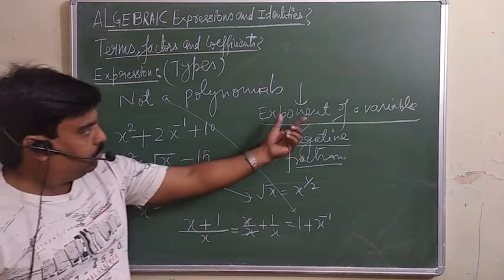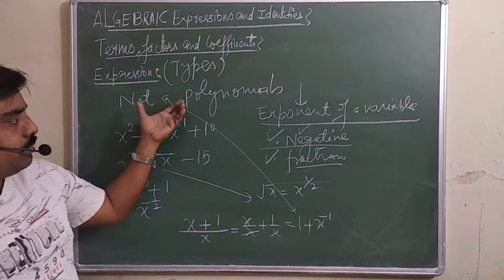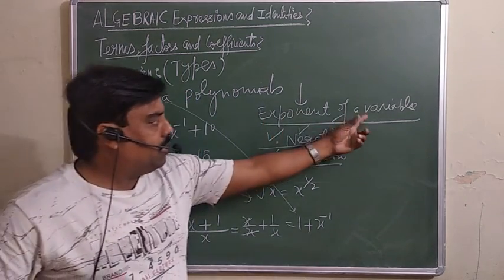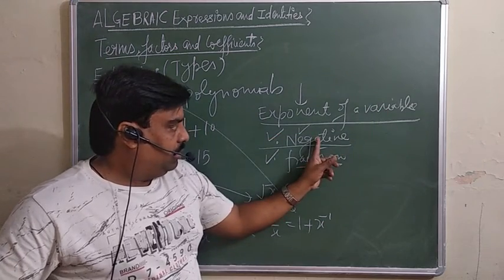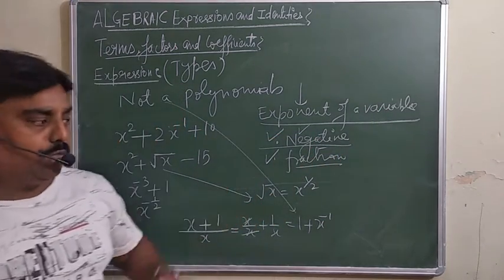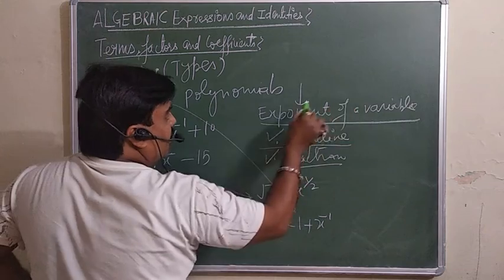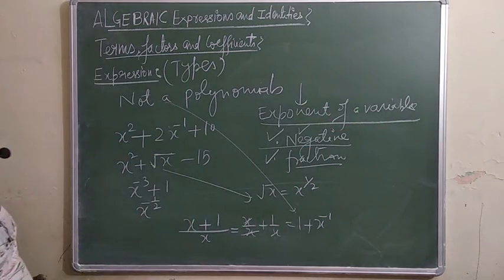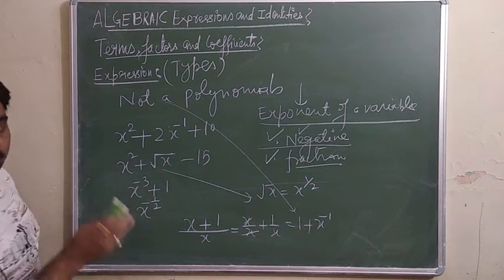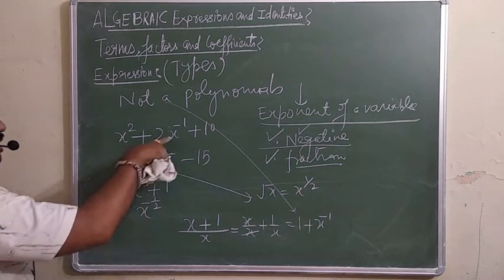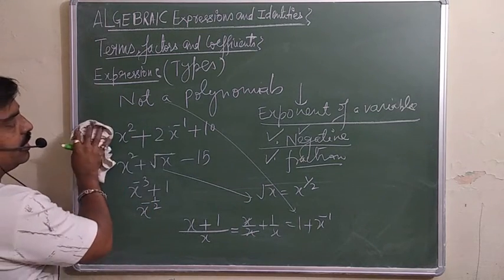So to the exponent, any algebraic expression will not be a polynomial if the power of the variable is negative or in fraction. But if the exponent of the constant is in the form of negative or fraction, that will be a polynomial. If it is on a number other than the variable, like